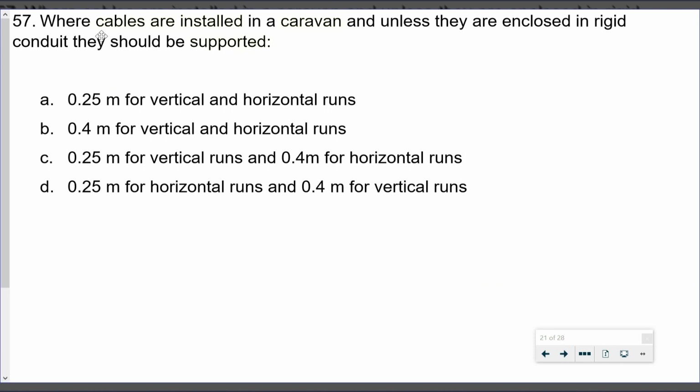Question 57. Where cables are installed in a caravan, and unless they're enclosed in rigid conduit, they should be supported, and then we've got a list of distances here. Okay, this is one of the few special installations and locations that actually have cable fixing distances in. So we're going to caravans, and we're going to look at the support for cables